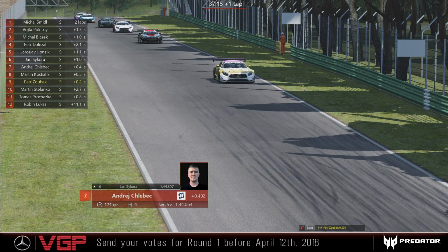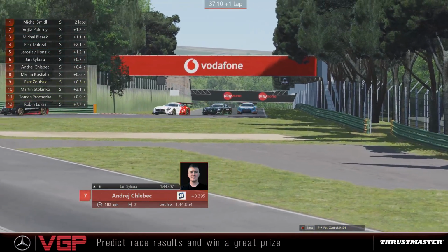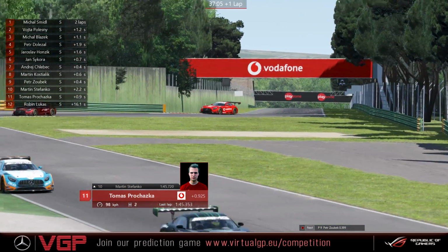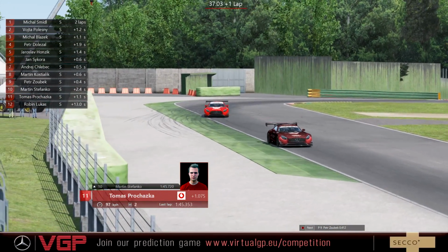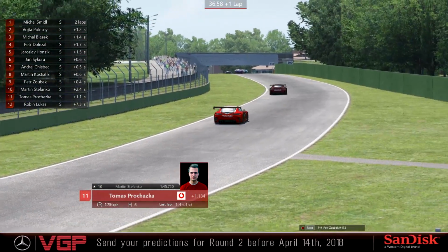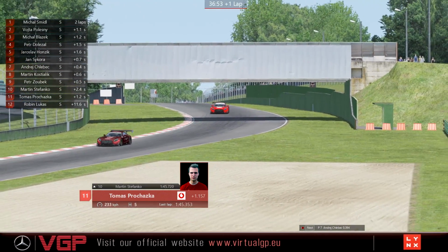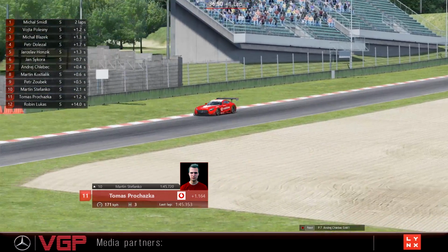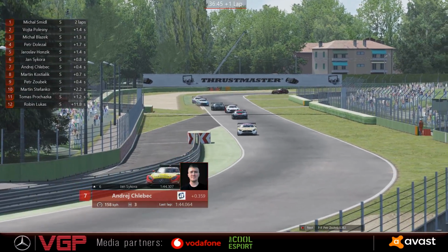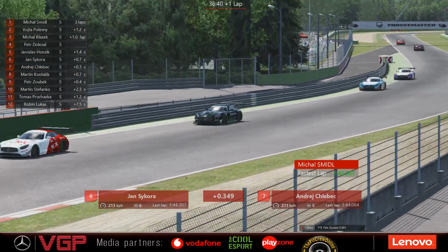Still looking very tight in the midfield, though, as we saw earlier. Martin Štefanko is starting to break away from Prohaska, so he's going to start turning his focus towards Peter Zubek in P9 at the moment, and there is Thomas right now. Again, he is starting to fall away from Štefanko. But that's something that we would have expected. Štefanko is the 2017 Virtual GP champion, so we would expect him to pull away from newer drivers. So the Vodafone car is starting to drop away from the Acer car, but it's still, like I mentioned, pretty